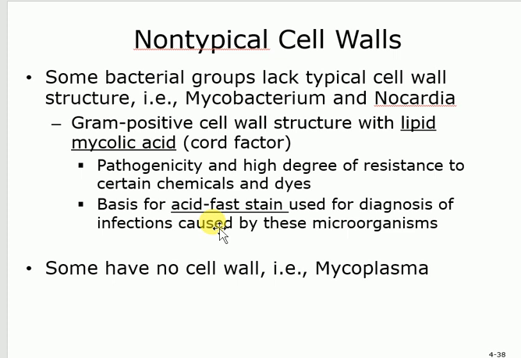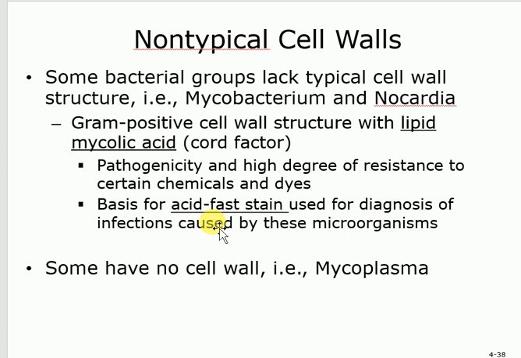Some gram-positive bacteria have mycolic acid, and you call that mycobacterium. Where did the name come from? It's a bacteria that has mycolic acid, so you call it mycobacterium. Did you get where the name came from? Mycobacterium. And this mycobacterium, because of the presence of this mycolic acid, has a high degree of pathogenicity and resistance,